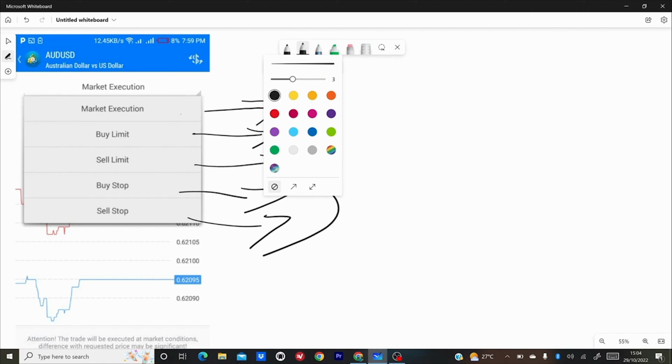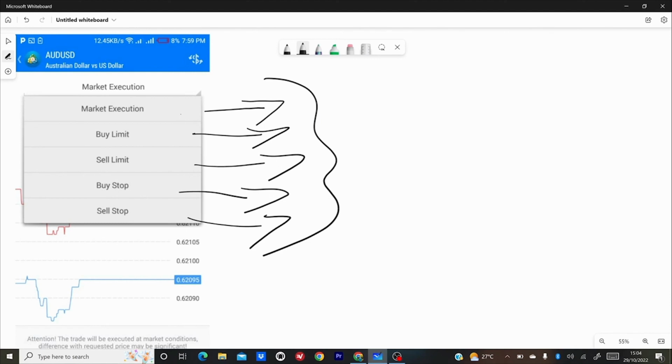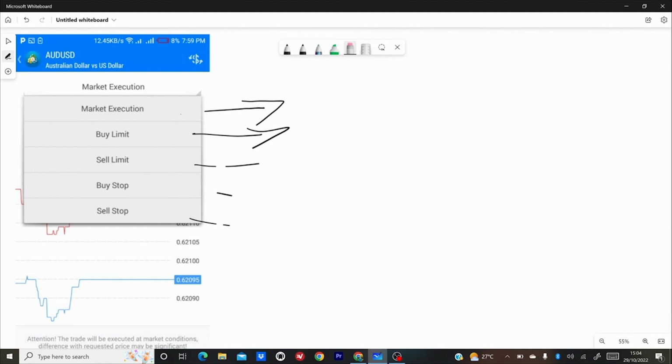So this is MT4, it works the same as MT5, they almost work the same. Now I'm going to explain this in a very easy way, and we are going to start from the top to the very bottom, right? So let's start